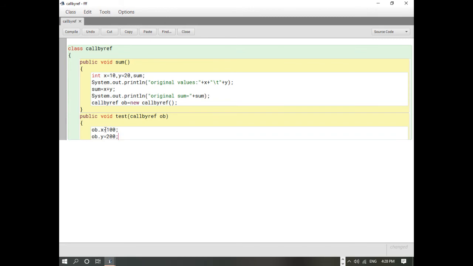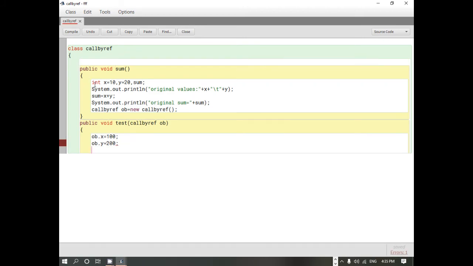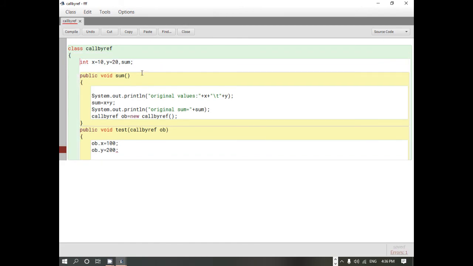Now you can see that we are using the same variables x and y, so we need to declare these variables outside this function to make them global, because we are using the same variables outside this function. So that these variables can be used outside this class also.